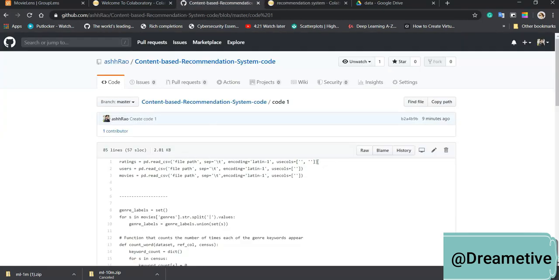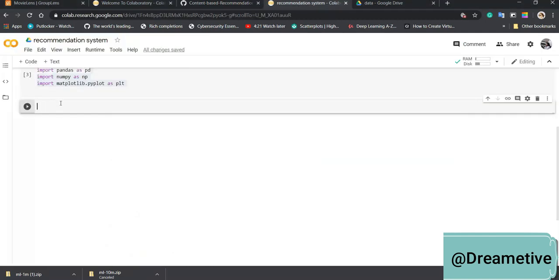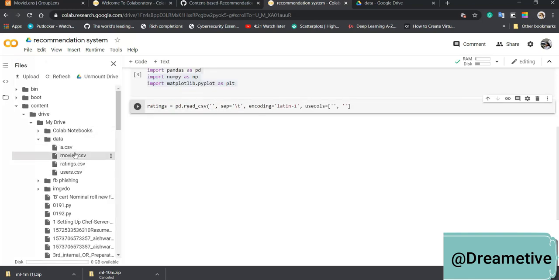This code will just read your .csv file. So here I have to copy the path. I'll go to the folder, copy the path for ratings.csv, and paste it in here.